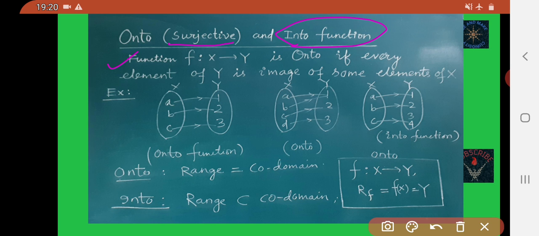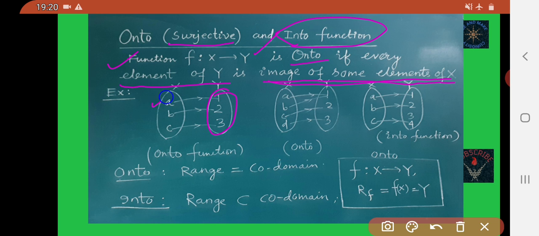A function f mapping from X to Y is onto if every element of Y is image of some element of X. So friends, here you see, every element of Y is image of some element of X.